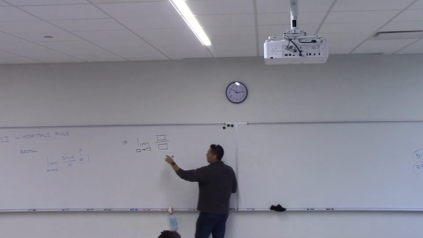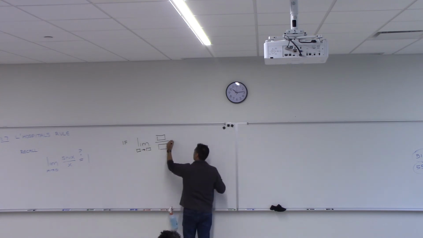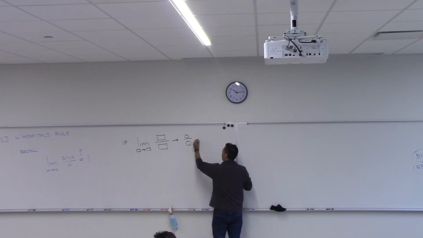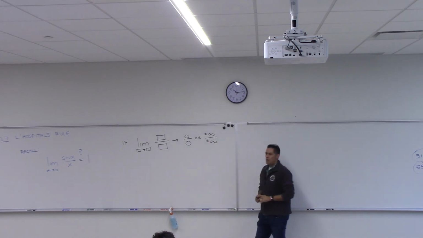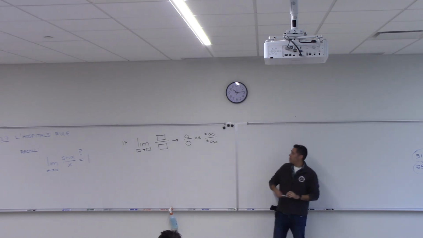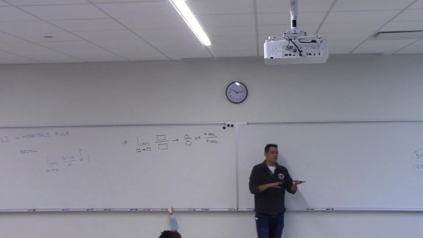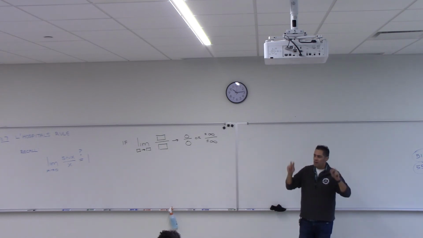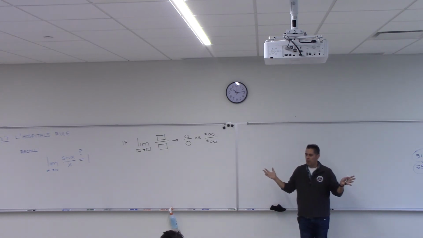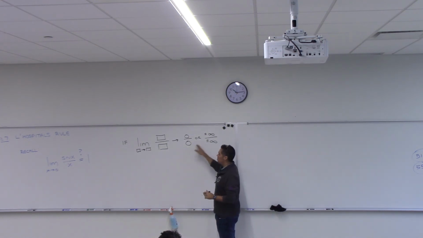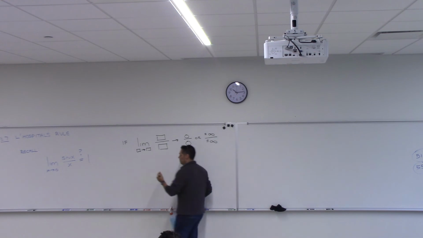If you do this and you get 0 over 0, or positive or negative infinity over positive or negative infinity, those for us in the past, whenever we've seen 0 over 0 or any sort of infinity over infinity, has always been bad, right? We need to do some algebra, some trick. That's where we were. L'Hopital's rule says, no, you know what? If you ever have one of these two cases happen when you take a limit, then